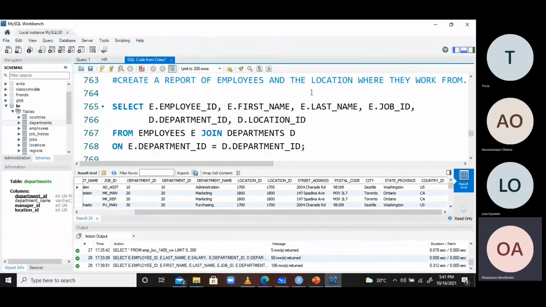So it says generate a report of employees and their locations where they work, right? Same scenario, except that we have to start from the from clause and say we are qualifying the employees as E. Now the employees as E can be M, it can be Lola, we can call it anything, but the simplest way to qualify them so that you don't have to type too much is E. So we use employees E joins departments D,